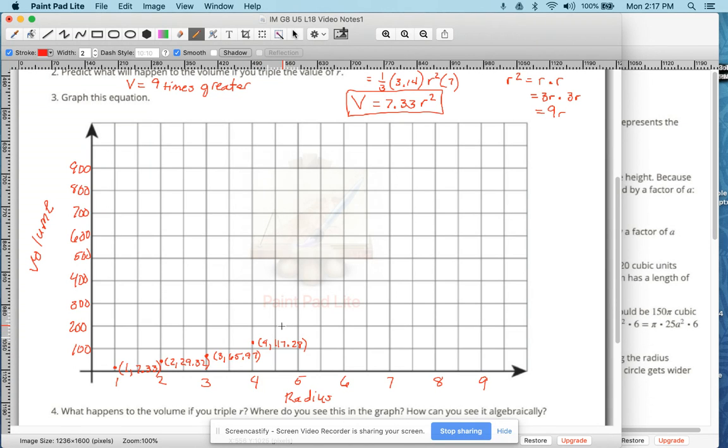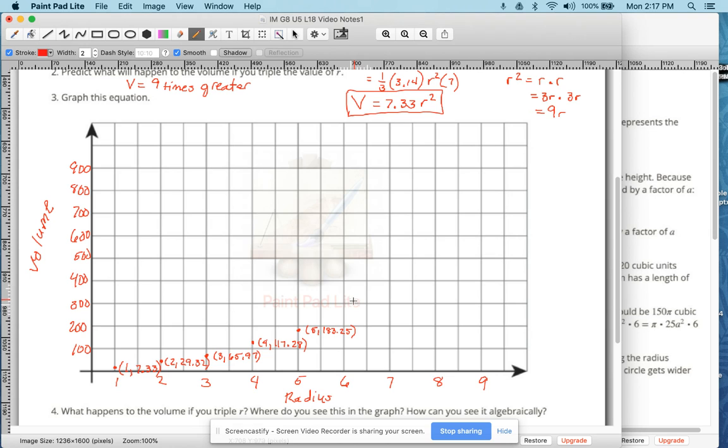And then if my radius is 5, 5 times 5 is 25. 25 times 7.33 is 183.25. So I'm going to go almost to 200. And this is going to be 5, 183.25. I'm going to keep going because I think it's interesting to see what the graph does as the radius